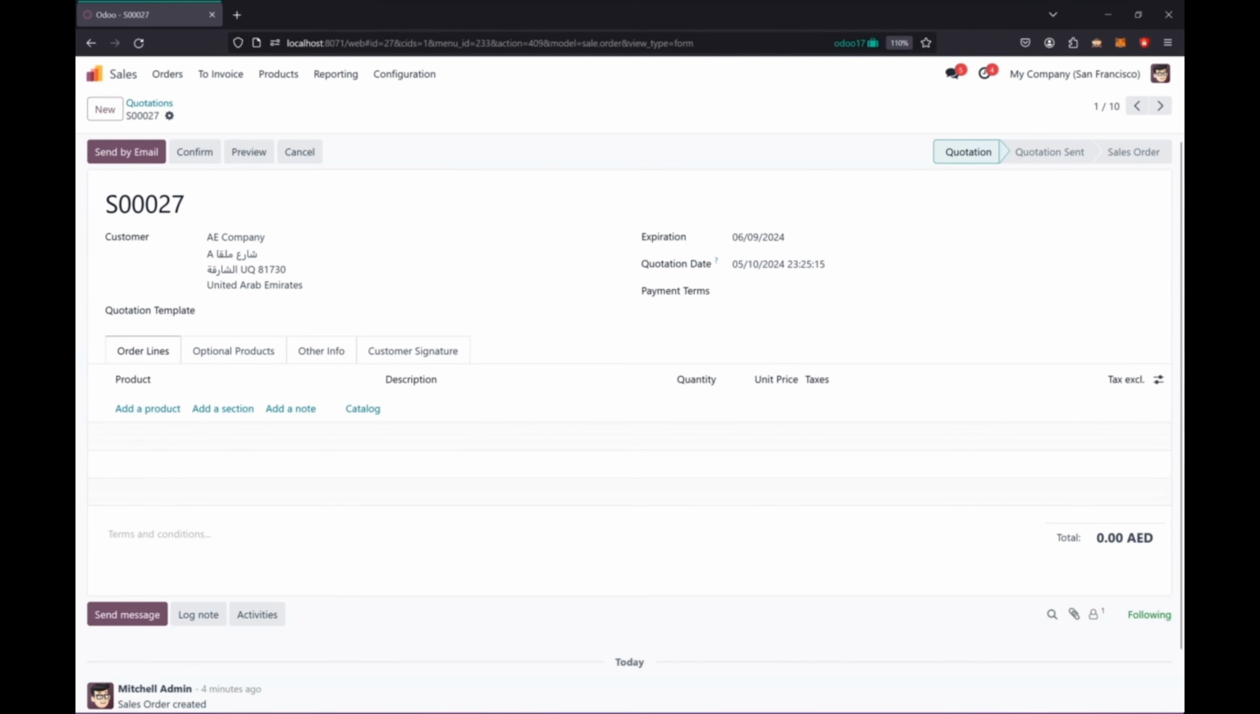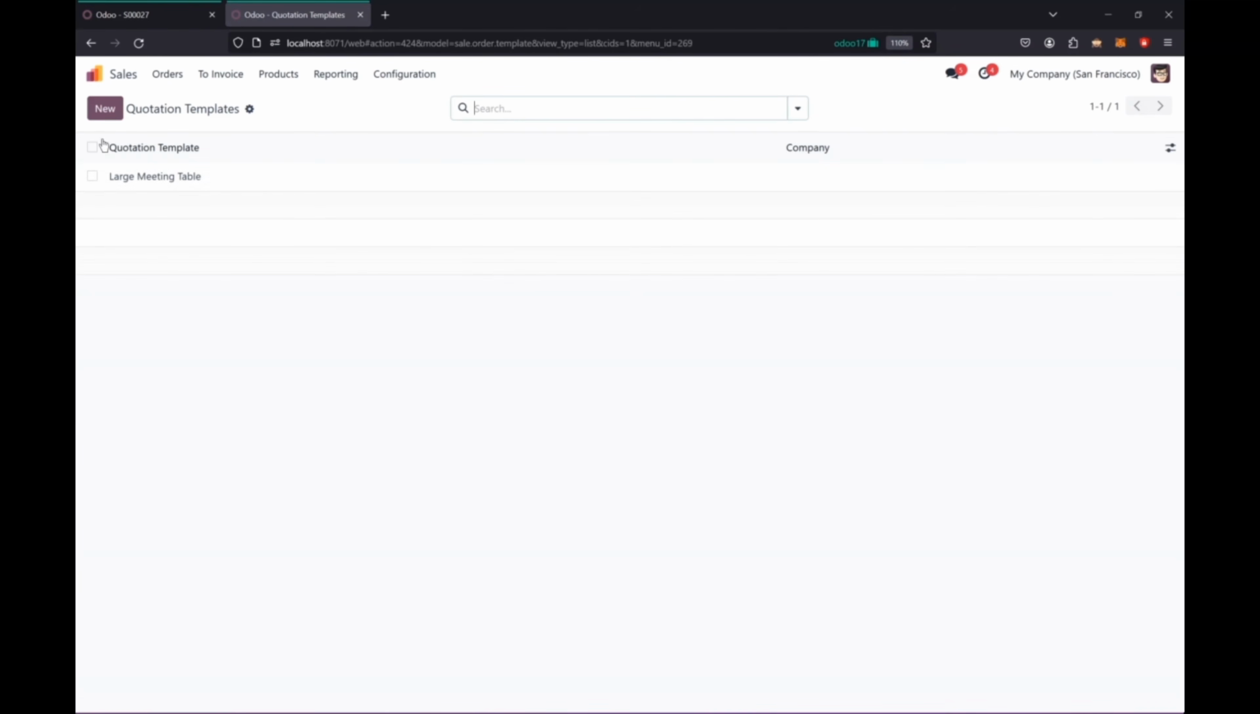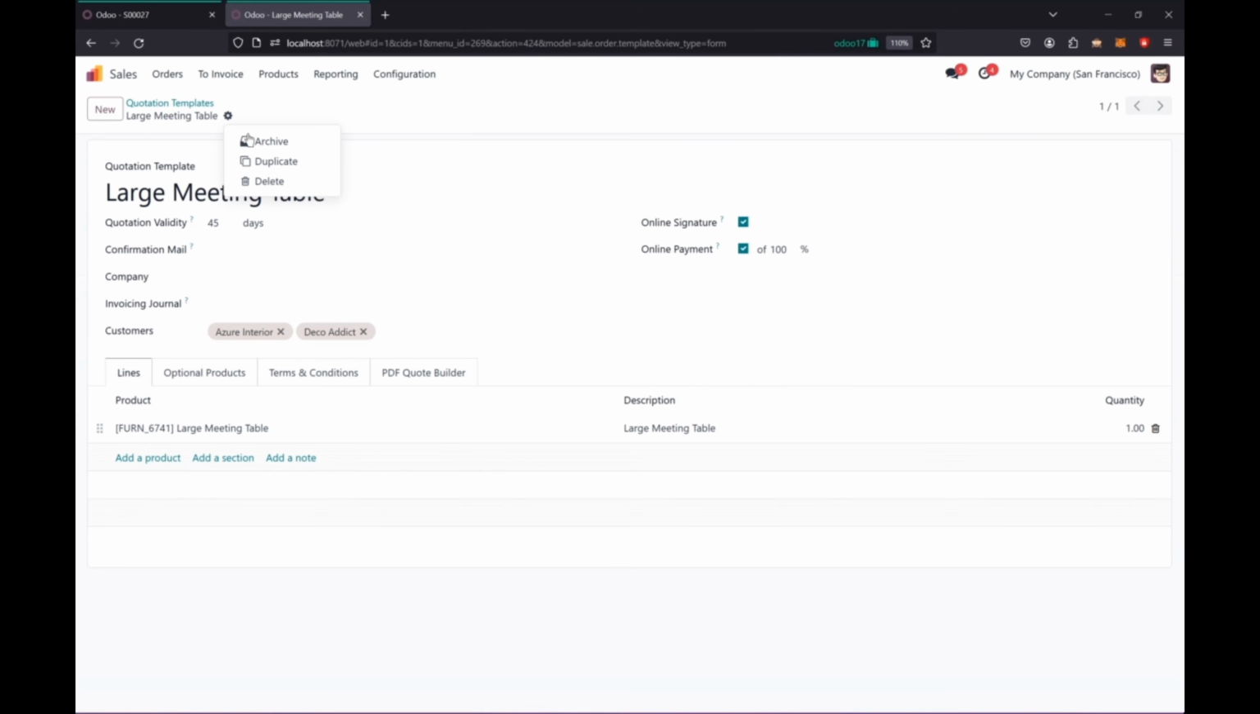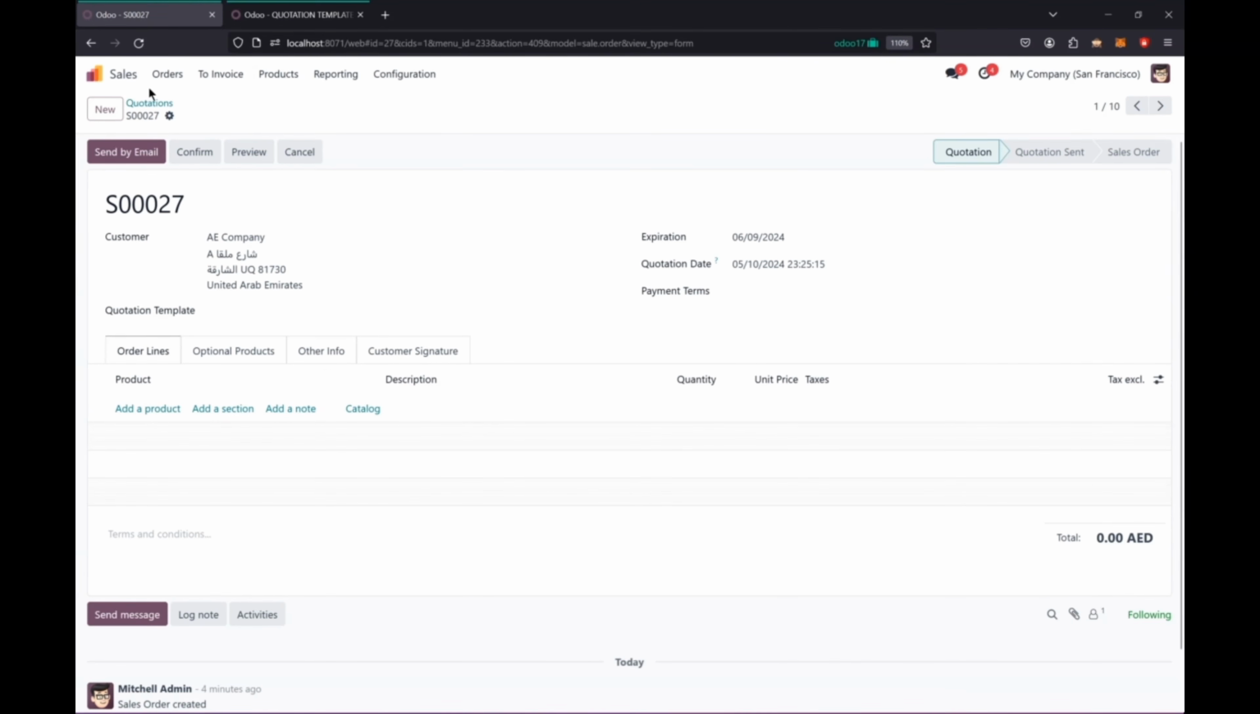Let's open quotation templates in another tab. I'm going to duplicate so we have multiple records that will help us in testing it a little better. Let's create a new quotation template 2, and I'm going to add some different customers over here. Let's say AE company. Now if I go and create a new quotation,